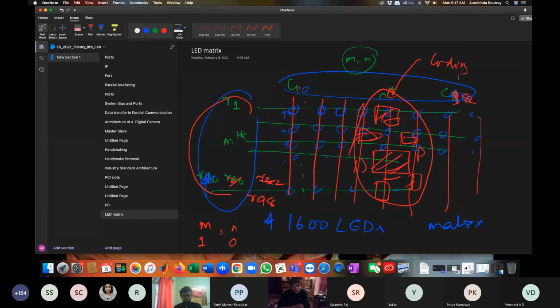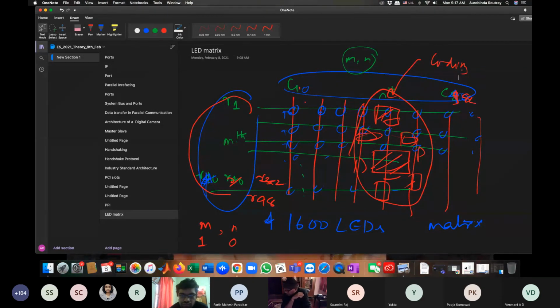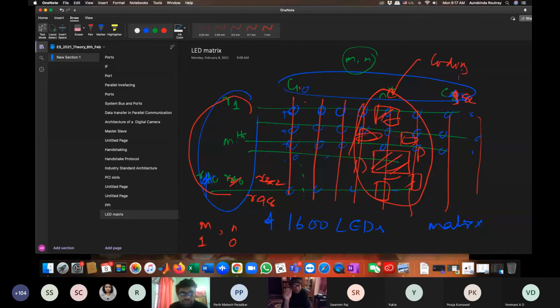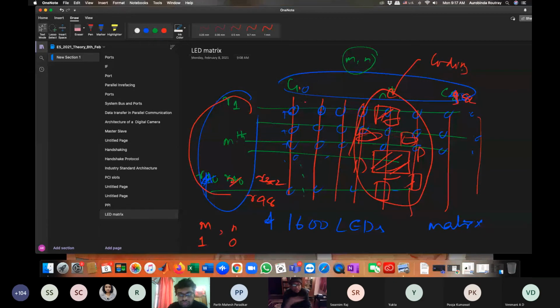Take any arbitrary thing which just comes as a binary image, like a 48 cross 32 image. Something is high, something is low. You have to just store it somewhere. There are 1600 locations which tell you which one is actually high and which one is low. You have to do that. The 1600 locations are stored one after the other.